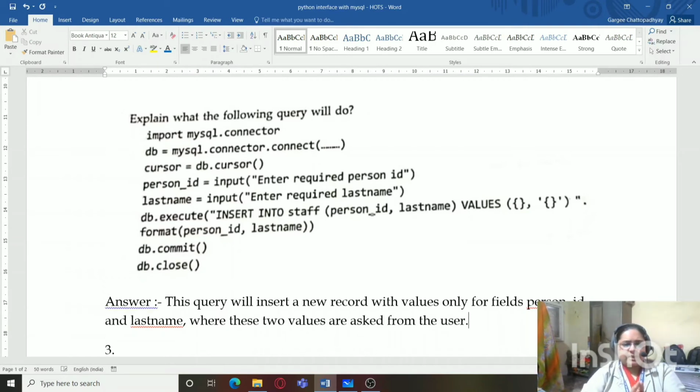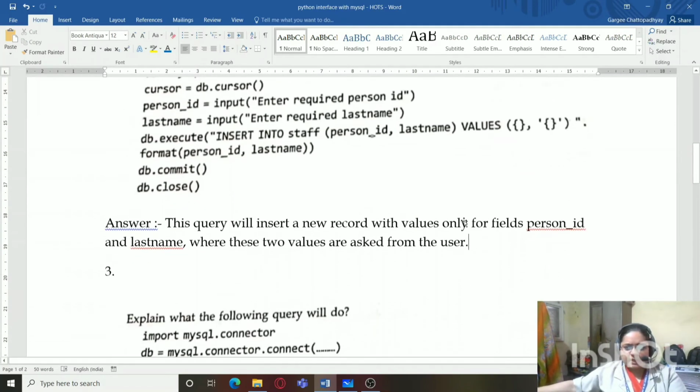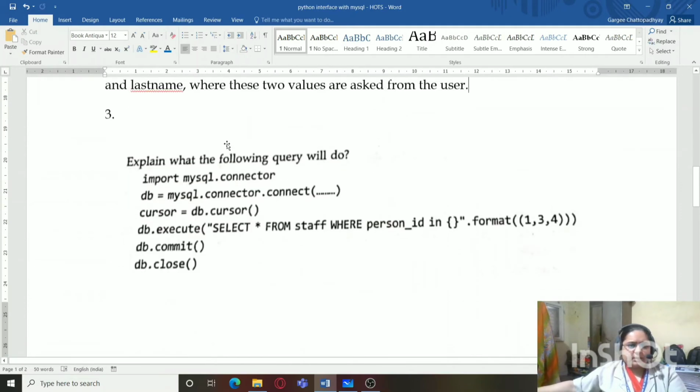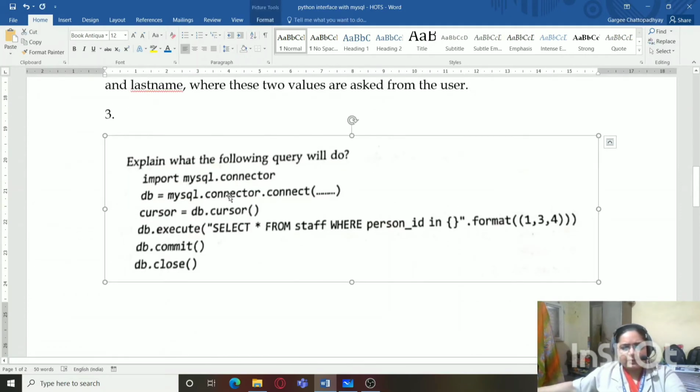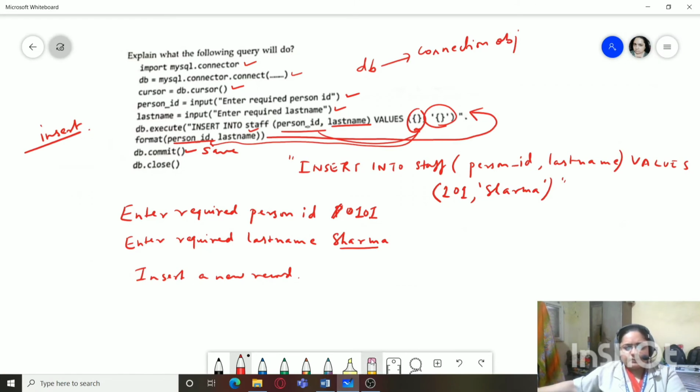So this query will insert a new record only for fields person ID and last name. Other fields will not have any value. Coming to the third question, explain what the following query will do. So let's do this also.